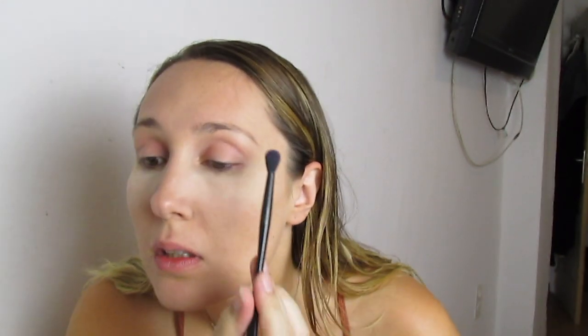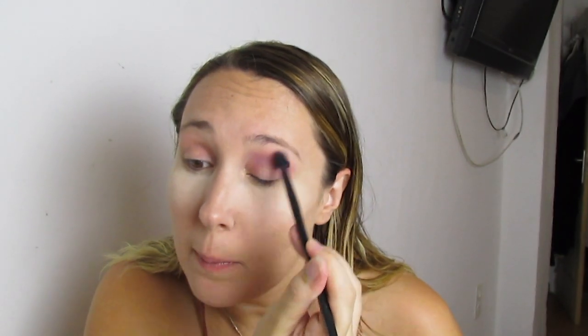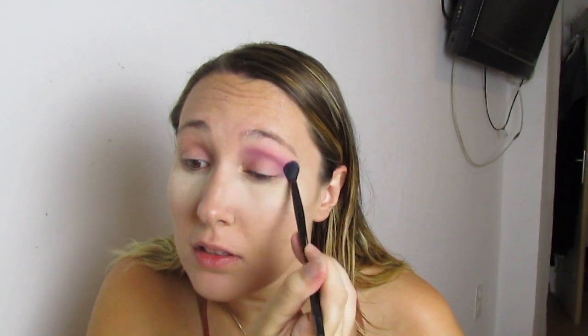So let's start first with lavender, which is quite a light purple, just on a fluffy blending brush, and put that into our crease. I've already prepped my eyes with some NYX concealer,